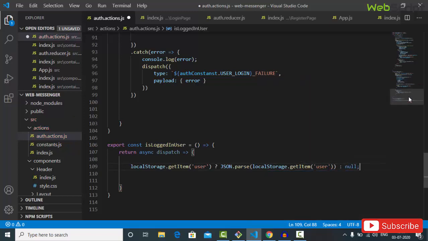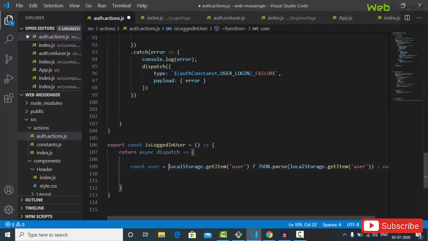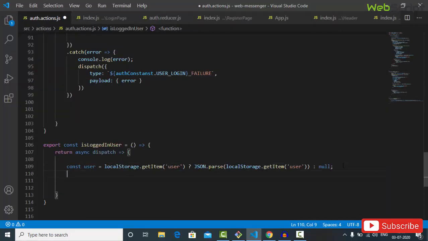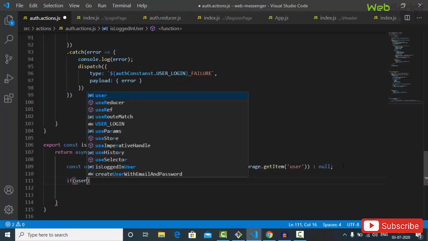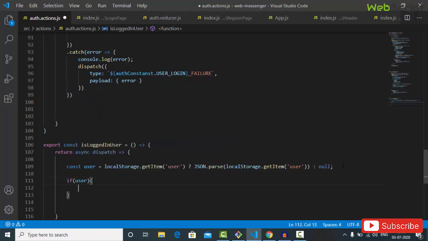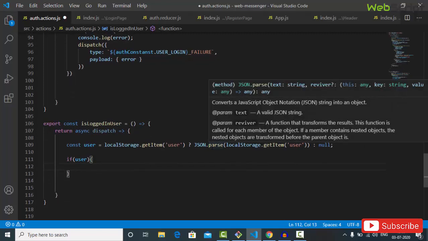We'll store it in some value, const user here, right? And here we are going to check if user is some value, it means obviously that's what we have saved, so it will be a logged in user, right? So we'll dispatch action